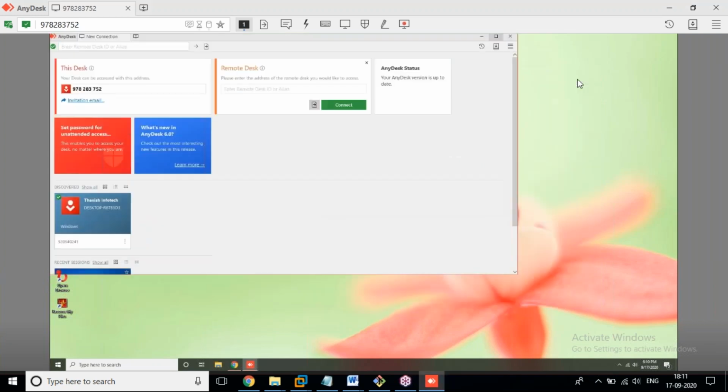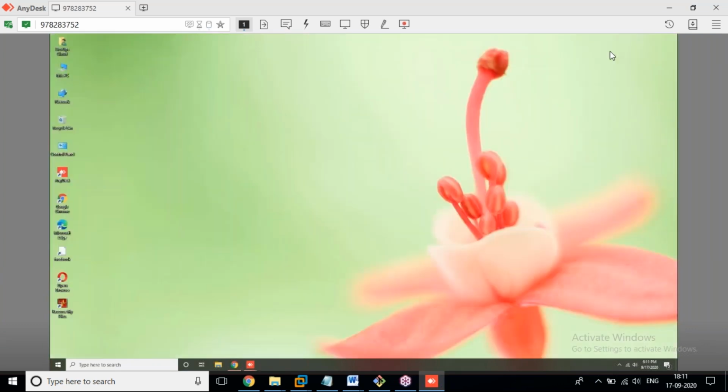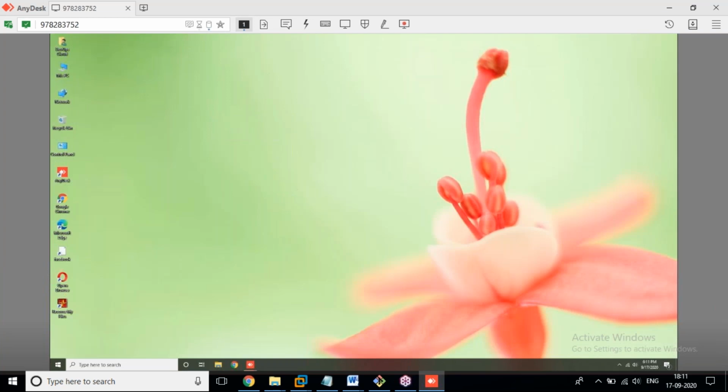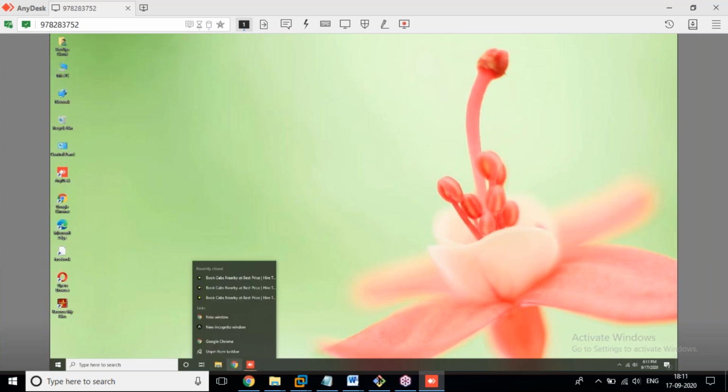This is my remote mission. So we haven't installed Git in our mission from the beginning. Okay, so we are going to install Git on this mission.